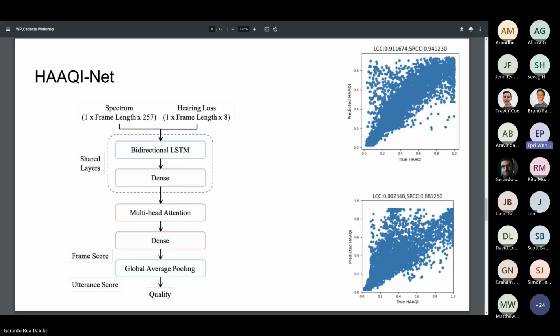We need to train on more data and do some fine tuning, especially for the feature extraction in here, because this is a simple model, only 5 million parameters, just using BLSTM to predict the